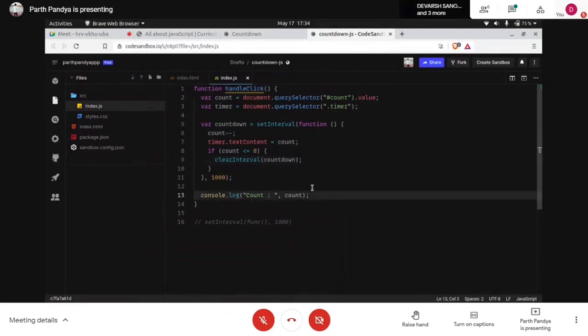So this will terminate the process. This was the console.log, which you don't need. I used that while I was debugging the code. This sets timer.textContent with the decremented value of count every time this function is called, and it will get terminated using this conditional. By this conditional, it will clear the interval and the whole process will be terminated.